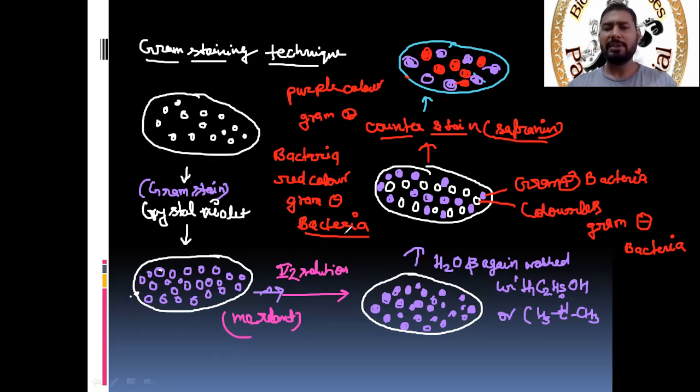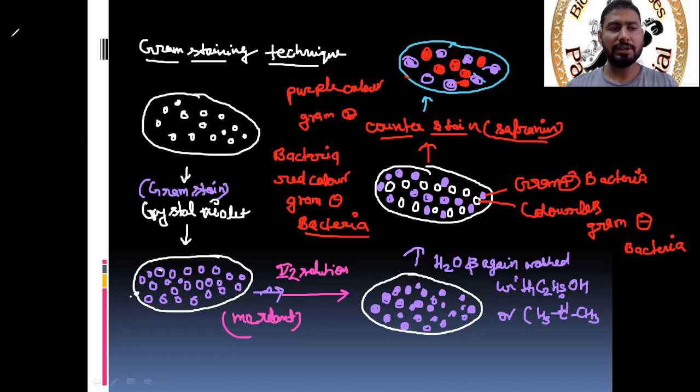And what happened when they performed this stain? Those bacteria which have already been stained, that means the purple color bacteria, will never take the stain, because they already have stain. And those bacteria which were colorless now took the stain and became red in color. So with the help of the counter stain, we can differentiate which bacteria is gram positive and which is gram negative. The bacteria which keep the purple color are called gram positive bacteria, and the bacteria which have the red color are called gram negative bacteria. In this way, it is the gram staining technique.